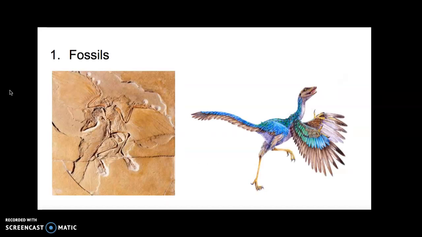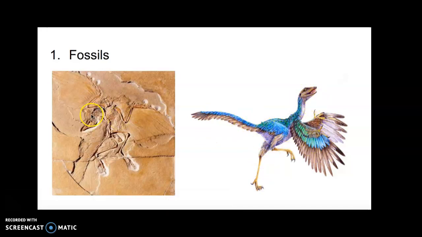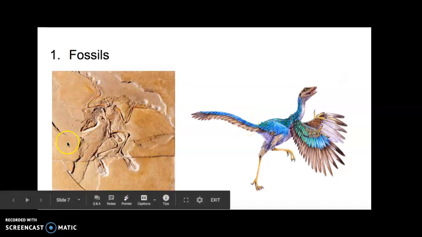First one is fossils, and this one's a little weird, but I'm using it as an example just because I love it. This is an example of an organism that was known by scientists as Archaeopteryx. Scientists drew this picture, and this is what they thought it might look like based on the fossil. It's kind of like this velociraptor bird hybrid, and it's no coincidence that it looks like a velociraptor lizard bird hybrid, because this is actually cataloging in this time period